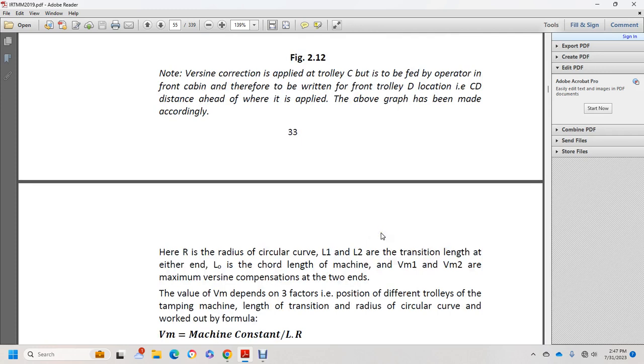Here, the radius for the circular curve, the L1 and L2 transition lengths, and the chord length of the machine, VM1 and VM2 are the maximum versine compensations. The value of the maximum versine depends on three factors: the position of the different trolleys of the tamping machine, the length of the transition, and the radius for the circular curve, and is worked out by the formula